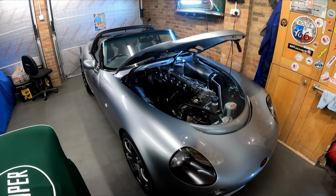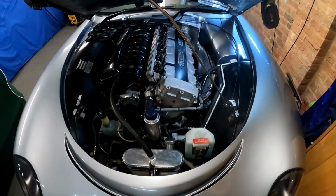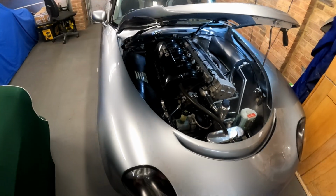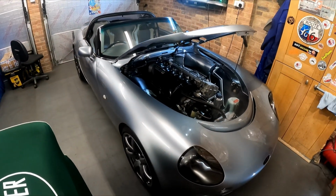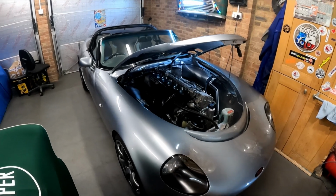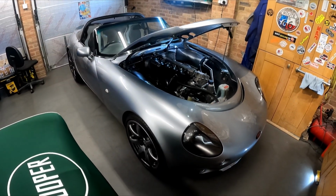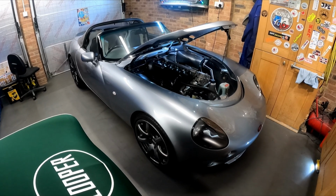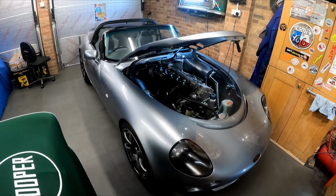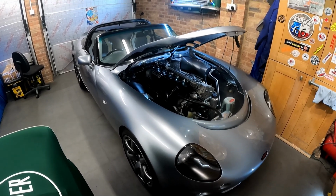Like all TVRs, this is a fiberglass body mounted on a tubular steel powder coated chassis. So it's very, very light. It actually weighs 1,060 kilos, which gives it an awesome power to weight ratio. This car will do 0 to 60 in 4.2 seconds and the top speed is quoted as being over 170 miles an hour. But quite honestly, I'm not sure I would want to find that out